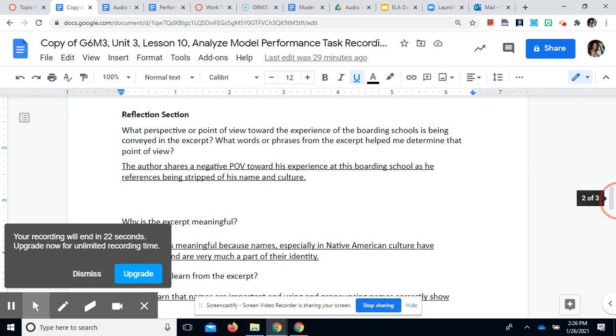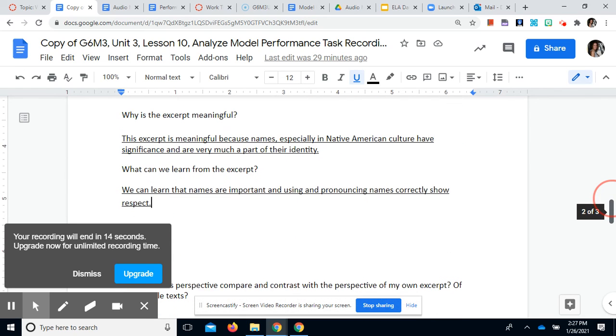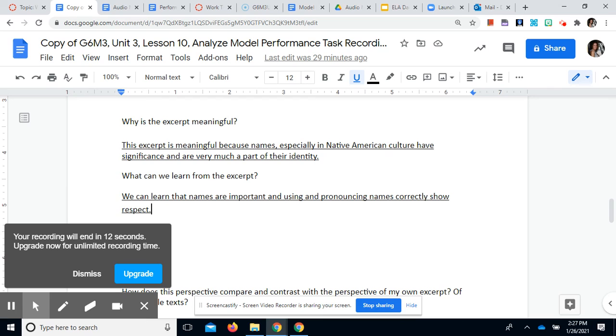His perspective, he had a negative point of view toward his experience and references being stripped of his name and therefore culture. The excerpt is meaningful because names, especially in Native American culture, have significance and are very much part of their identity. And we can learn that names are important, and using and pronouncing names correctly shows respect. You then need to